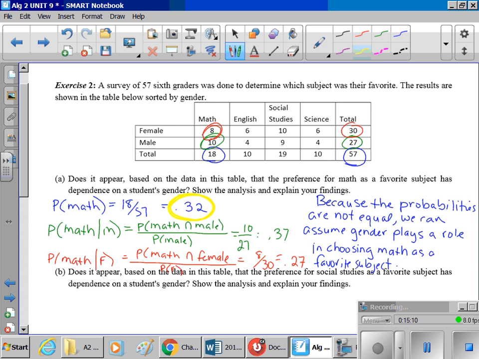Another way that you could write this is that based on the data, based on the calculations, because the